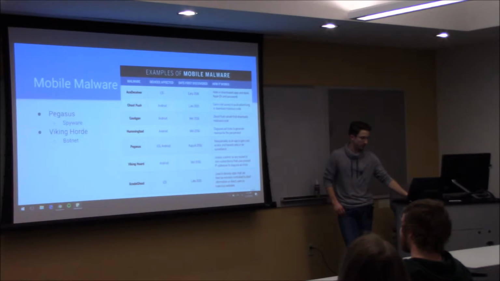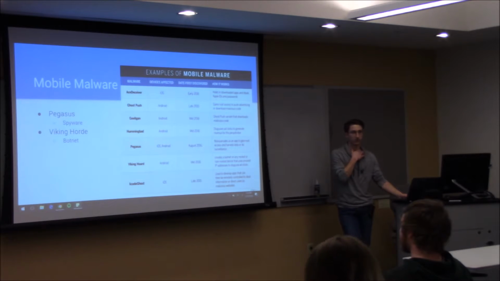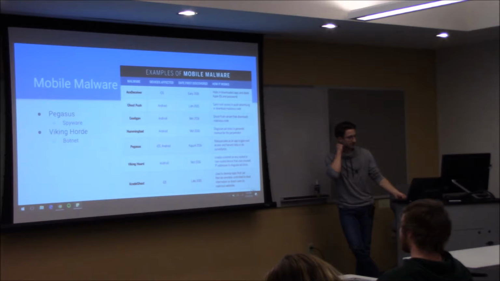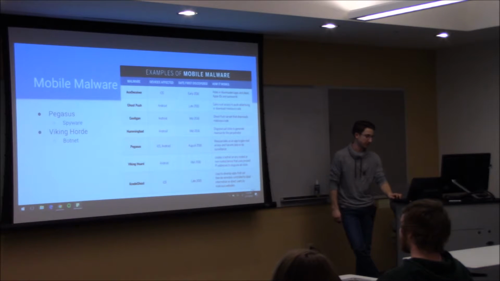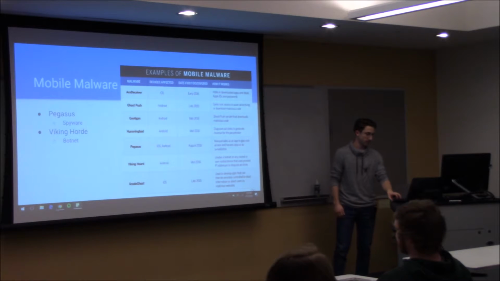users. Another one I'm going to mention and talk about more in the next couple slides is Viking Horde, which is a botnet. This one is significant because it was one of the first main botnets on mobile devices. We're going to talk about the specifics later, so we'll get to that. And all these other ones, you can see most of them are Android in general. There's a few iOS ones, and I think this actual picture is from late 2016, so it doesn't have all the newest ones that have come out, but this is kind of a lot of